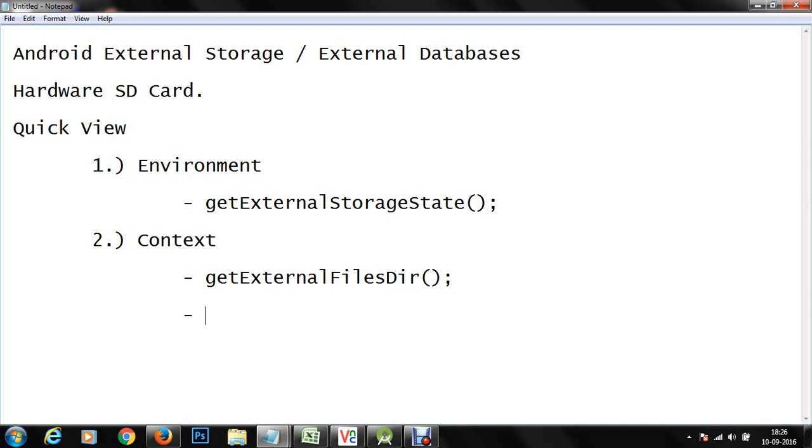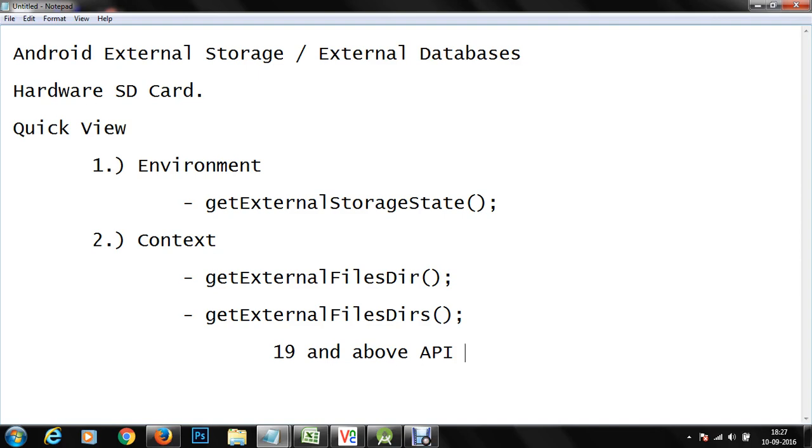There is another method, that is getExternalFilesDirs, which is now used in API 19 and above. Using this method, you can get access to all the primary and shared storage devices available on your mobile phone.